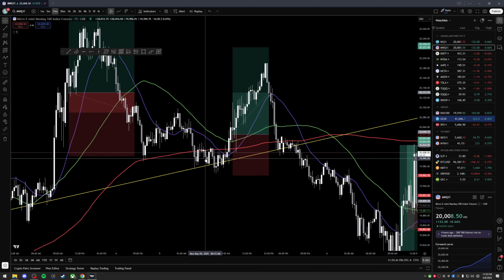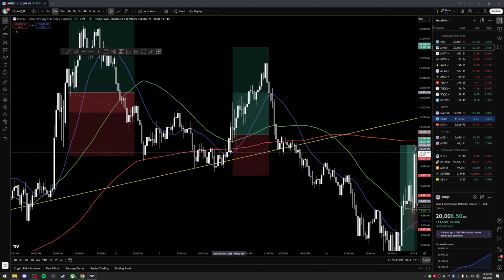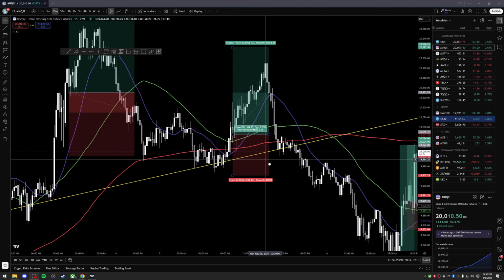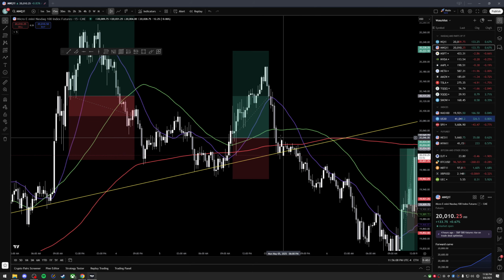So I don't enter here. At least for me, I don't enter until 10 a.m., because from 9:30 to 10 a.m. I have found that the market just likes to sweep liquidity and take everybody out. So with that being said,